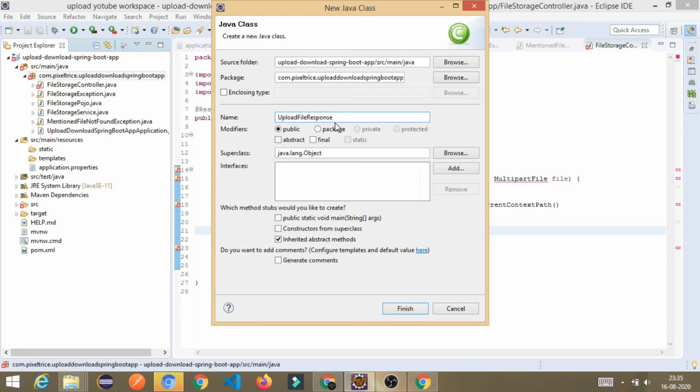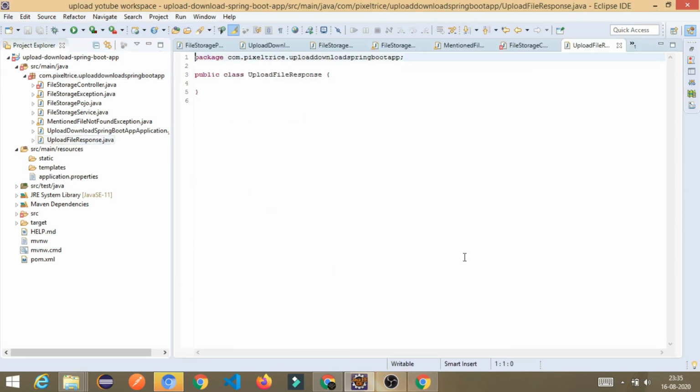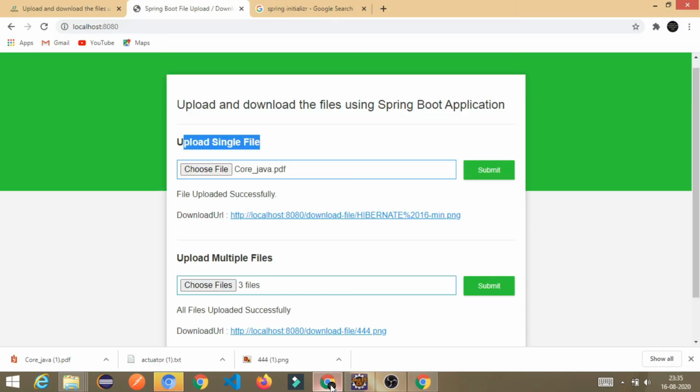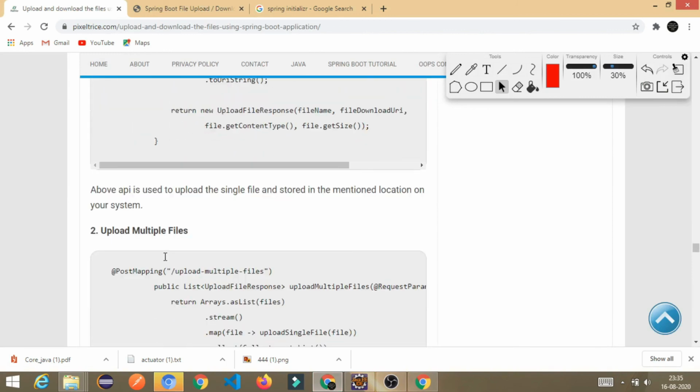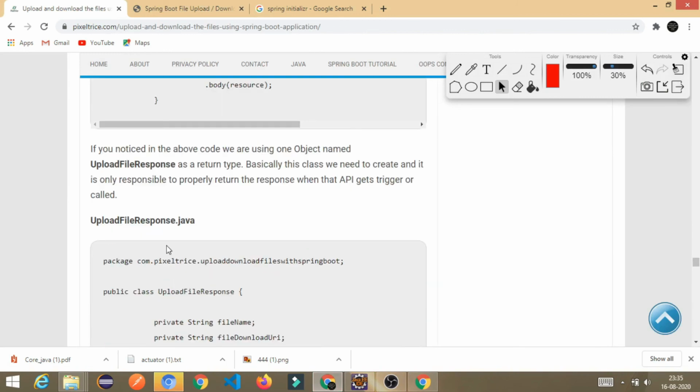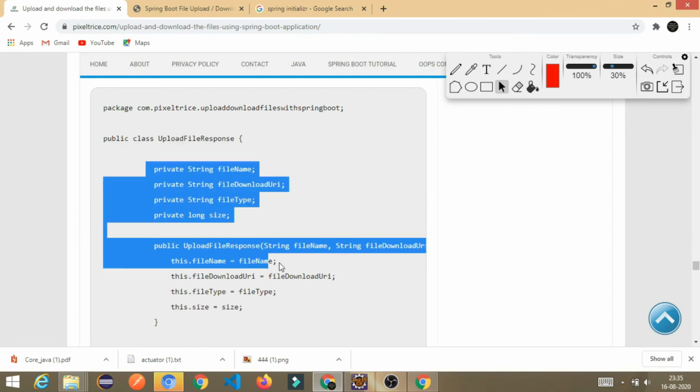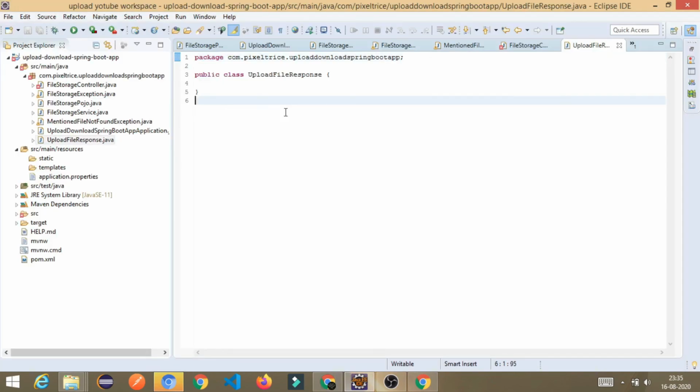Basically I'm creating this class to give the response in a more accurate, proper format, so anybody can understand it. You can see I have already created upload file response, so I copied it and pasted it here.